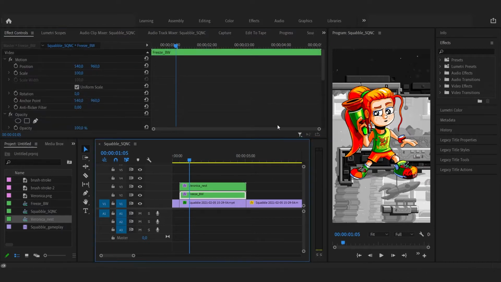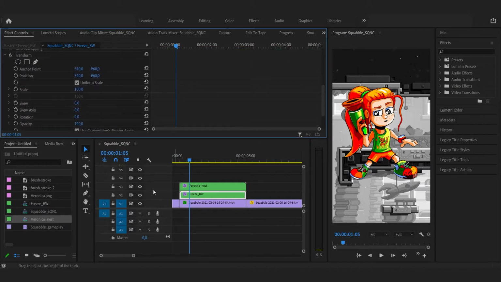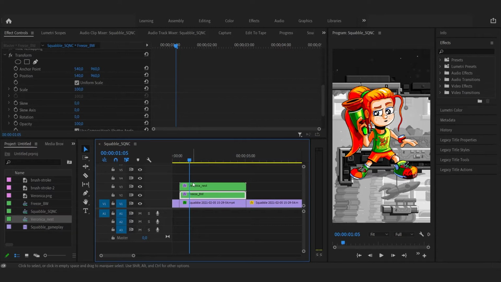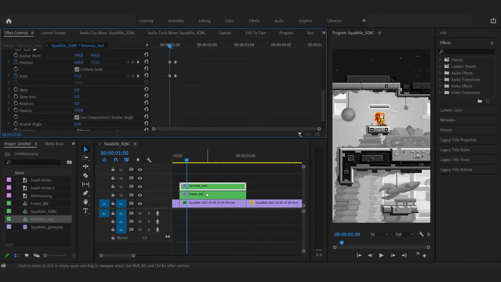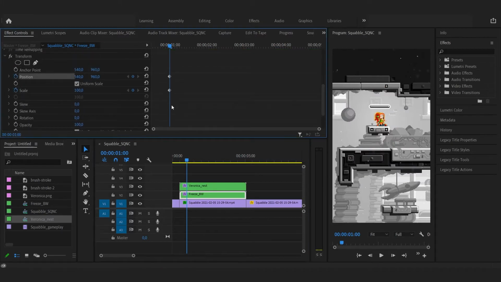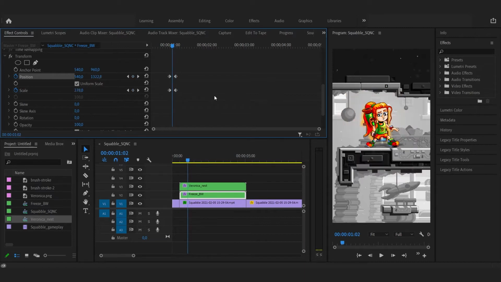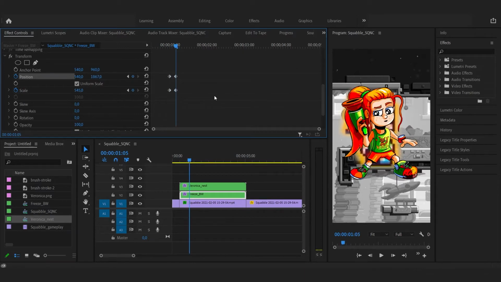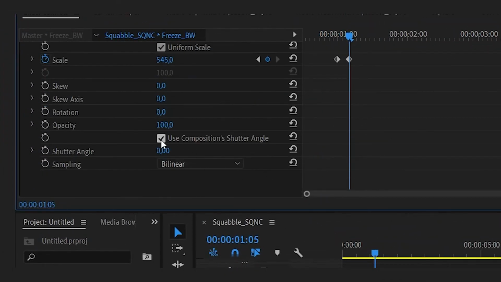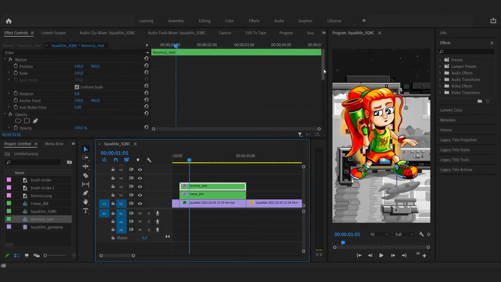Then do the exact opposite for the clip below. Try to fit the smaller character to the big one on the exact same keyframe positions. By moving frame by frame on the timeline using arrow keys on the keyboard, we can see that they are correctly scaling together. Then we can add a motion blur for both clips by unchecking the checkbox and changing the shutter angle to 180.